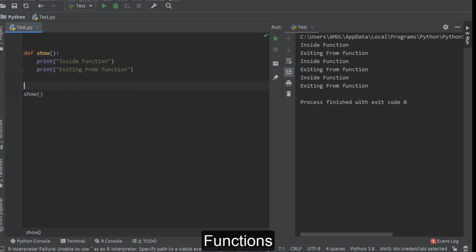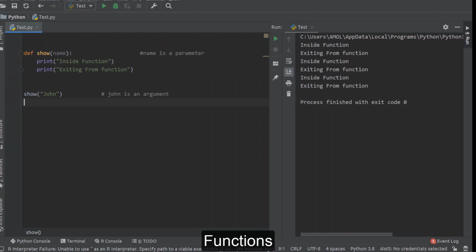The value we are passing to the function, we can pass from here. Here we are just passing the name of a person, say John. This value we are passing is known as an argument, and the variable in which we are receiving this value is known as a parameter. So in our case, name will be known as a parameter.